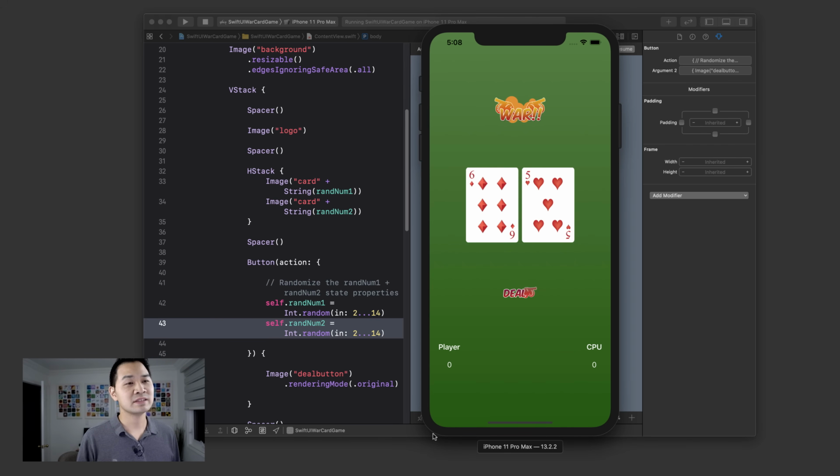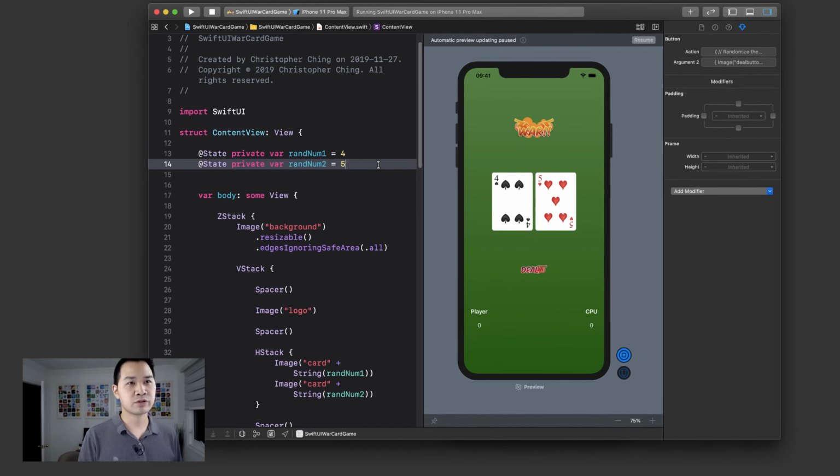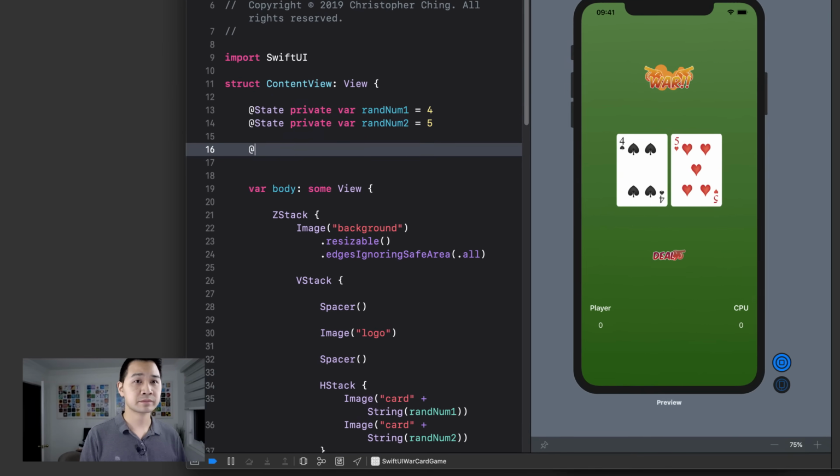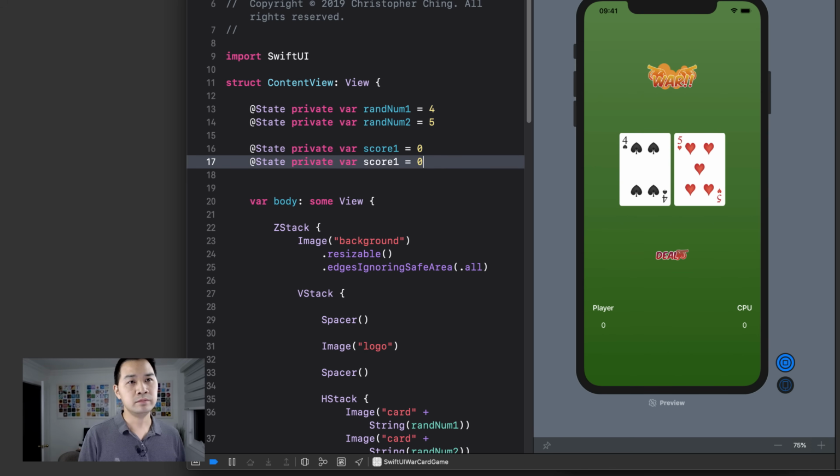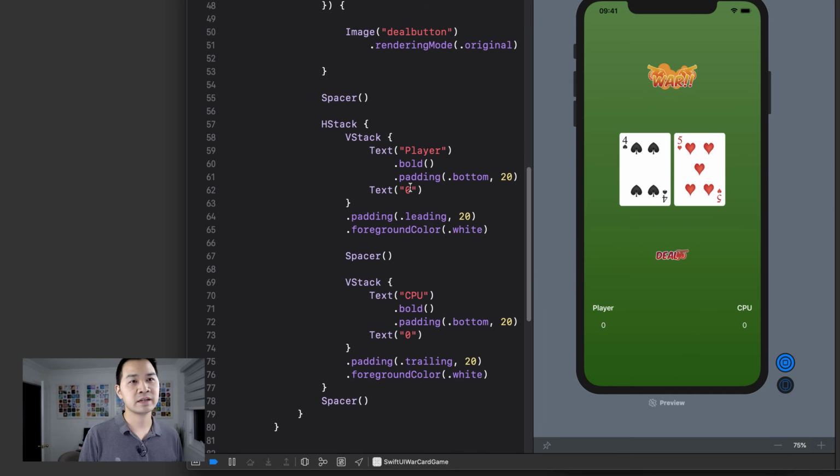Now we're gonna do the same concept, and we're going to apply it to the score, the updating of the score labels down here. So we're going to just create 2 more state properties. Let's just call this score 1 and score 2. And down here, instead of 0 for the text, we're going to pass in